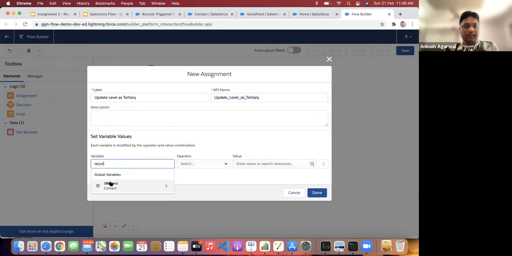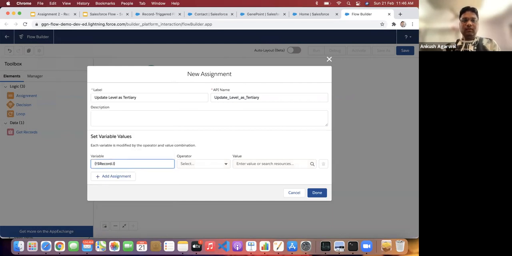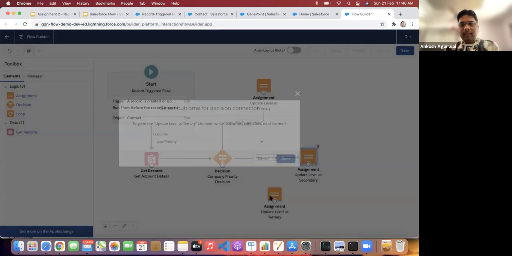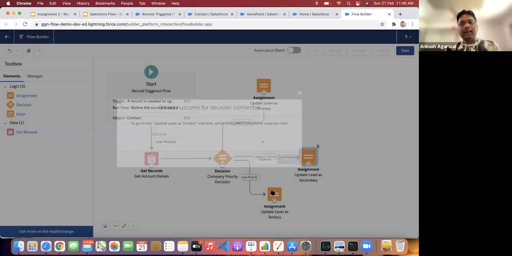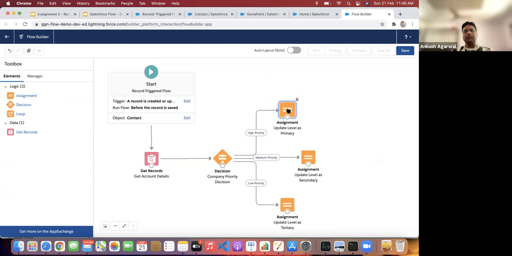So again, we select this record variable and level as tertiary. Okay, for low priority. And the last option was no action required, so we need not make any additional operation for that one.